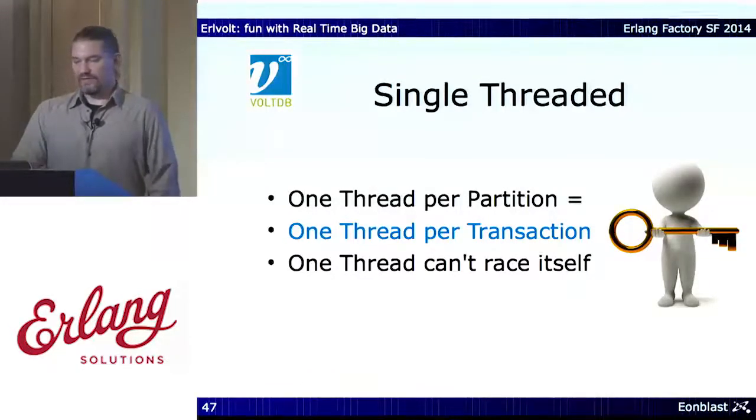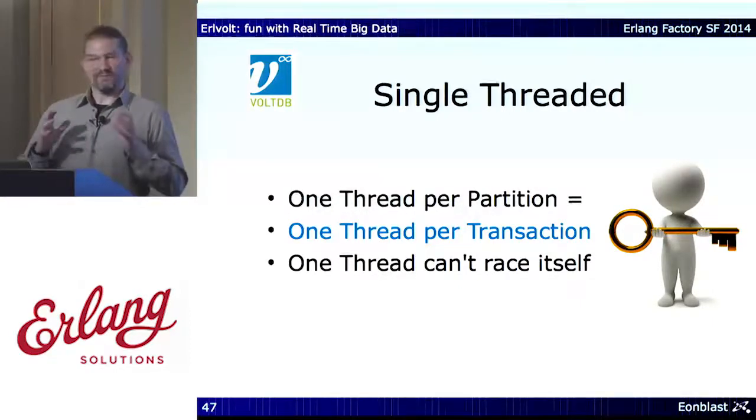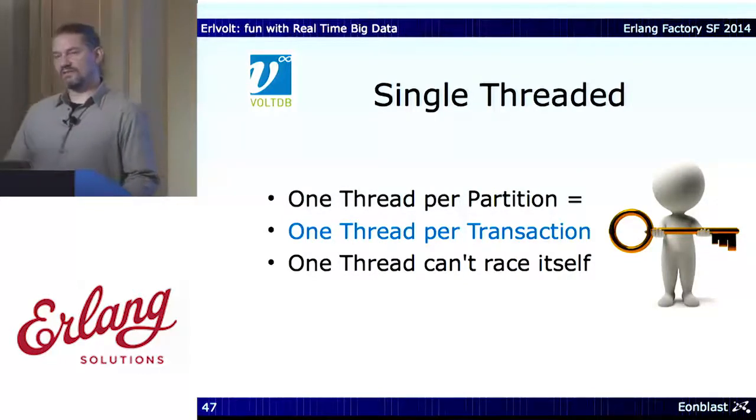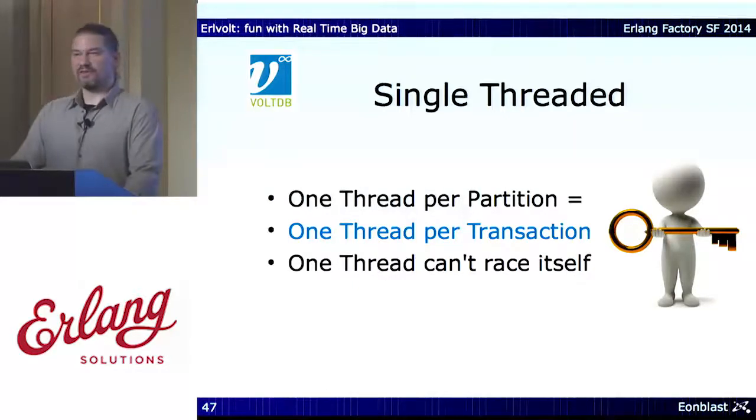What you have then is a server that ideally has baked in very fast native transactions, so to say, and executes them in a single thread, having ideally all the data that it needs available on one machine. And that is something that is a usual Erlang technique, I would say: if you have a resource that is potentially the victim of a race, you usually use one process as a funnel to govern that resource, and every other process has to go through that process to be able to access it.